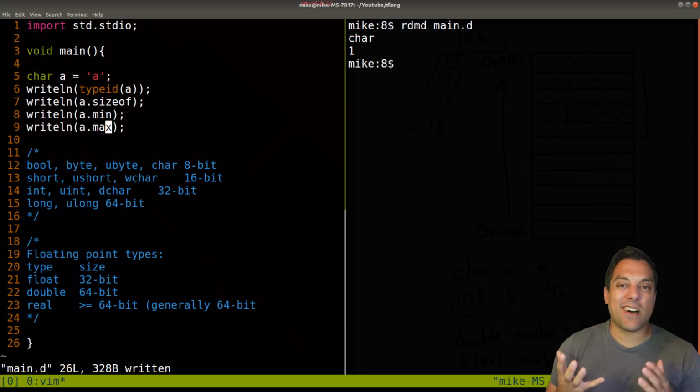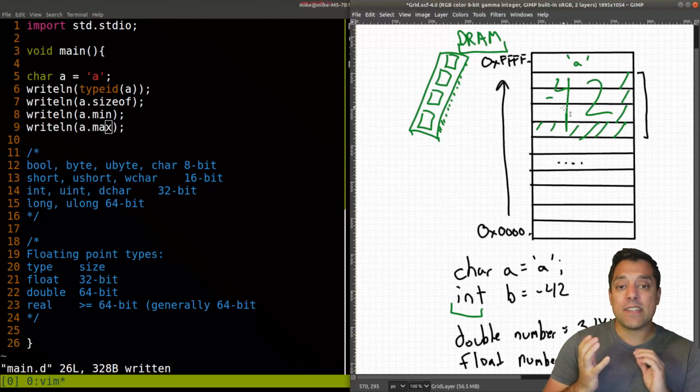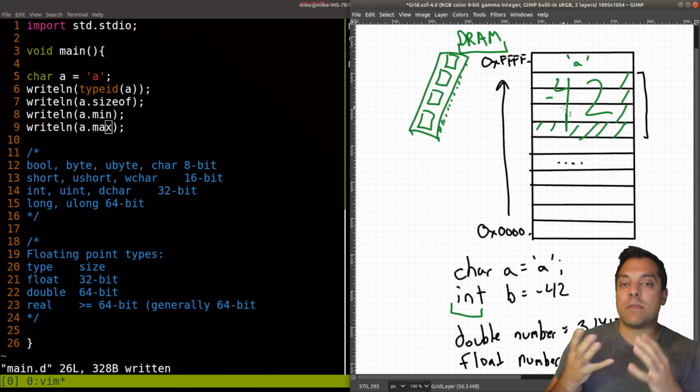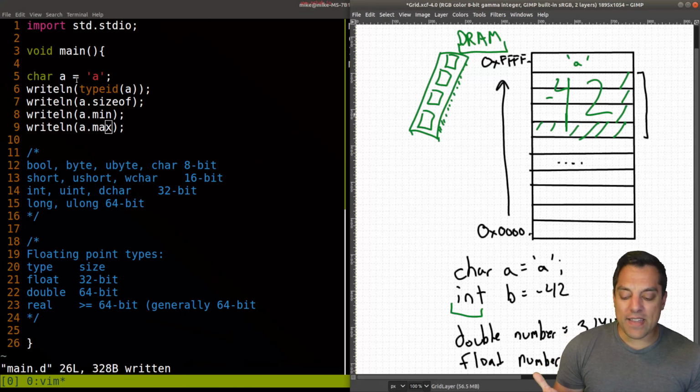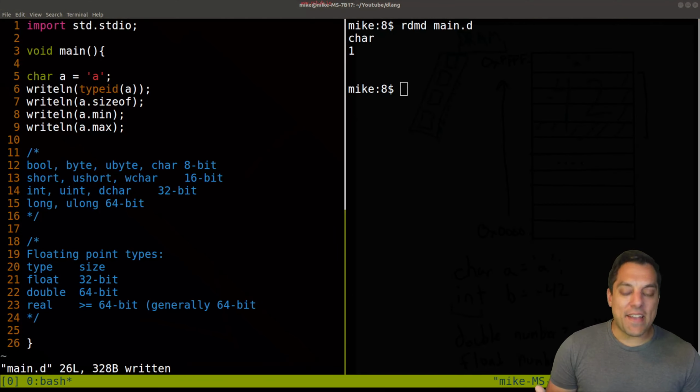Because remember when I was talking just a little bit in our mini introduction about memory, depending on the range of values that we want to represent, we have minimum and maximum values. So let's see for a character, sometimes pronounced char, what that is. I'll run this quickly, and it doesn't look like it's printing anything out. What I'm going to have to do here, which is a little bit of a hack and something we're going to talk about in one of the next lessons, which is about casting, is to actually write out